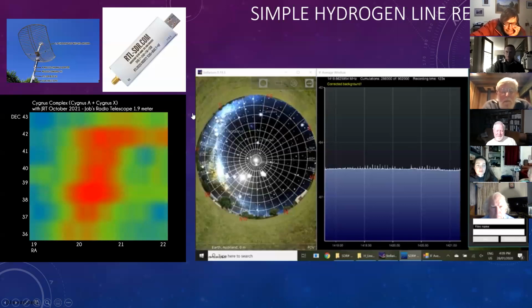And what he's done is basically done some drift scans of the Cygnus A complex, and the different colors depend on how strong different areas of the sky are. As the dish passes through there, you can see he's actually mapped out what the cloud looks like. So that's another piece of real science you're doing with some very simple